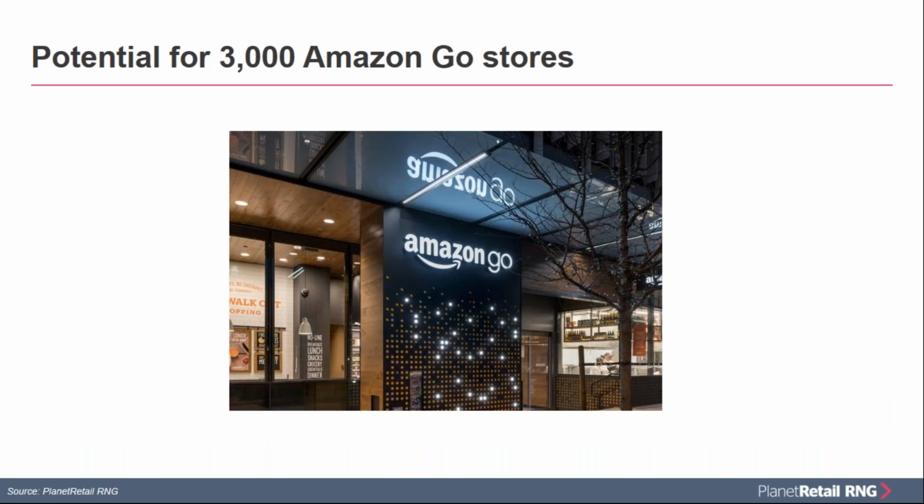Also in the store-based retail environment, plans emerged supposedly that Amazon is considering expanding its Amazon Go network to 3,000 stores. This would be really revolutionary. For those who are maybe not familiar with Amazon Go, the idea is it utilizes checkout-less technology. When you come into the store, you scan your phone, your Amazon account is associated with your shopping experience. It tracks everything you pick up off the shelves,